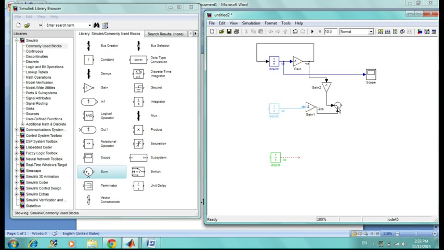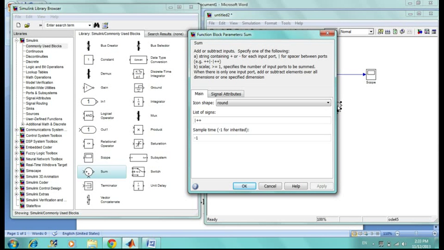Now in order to change the signs here, these signs are pluses, which means that you have a summation. To change these signs, for example, if one is minus and the other is plus, or you have subtraction, you can change this by just double clicking on the block. Here, from the list of signs, instead of plus plus, you can say minus minus, or plus minus, or minus plus, or whatever the case that we have. But here, for our case, we have just plus plus, the summation of